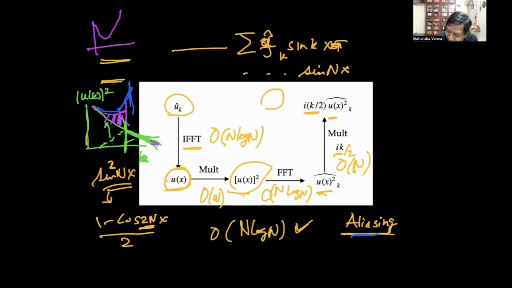Alias means for a given wave number k, there are two contributors. One is the original, the other one is some alias, somebody else coming under the same name. Okay, this is called aliasing error. I don't have time right now. This is an HPC course, it's not a course on FFT or Fourier transform, so we will not discuss it. People working on the project on FFT, we can discuss it separately.